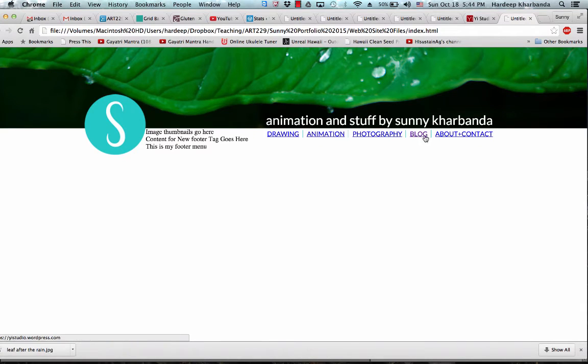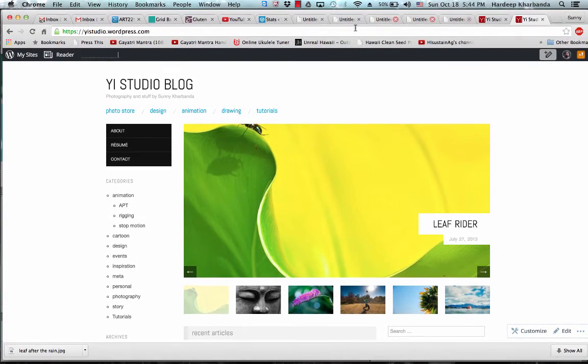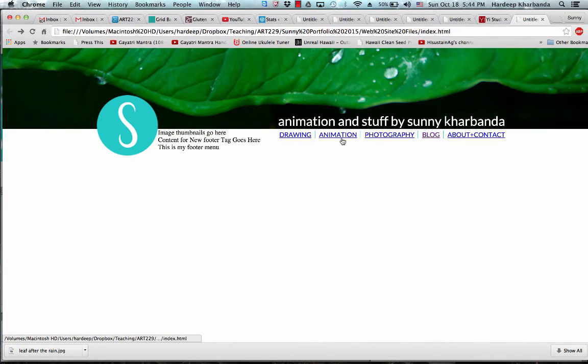So these are my links. Notice that the coloring that I had applied to my header nav text doesn't apply anymore because Dreamweaver, as soon as I assigned a link to each of these, changed the link color to blue, which is the default, and also added the underline. So if I click on the link blog, it opens my blog. If I click on any of these other dummy links, it doesn't go anywhere. So now my next thing to do is to style these links in CSS.